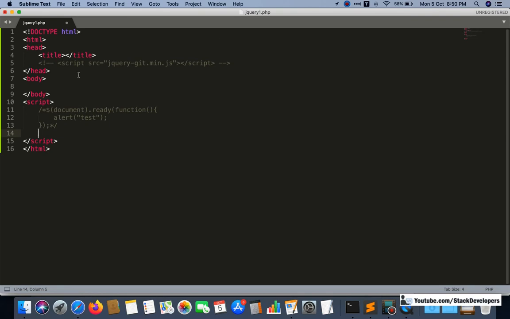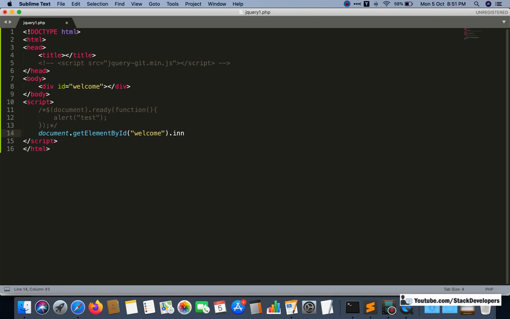I will show you an example. Suppose I write something here, a div with id welcome. Now I want to write the code. See, only the script is required. I am talking about JavaScript, and now, document dot getElementById. This is the JavaScript that we use, where our element id is welcome.